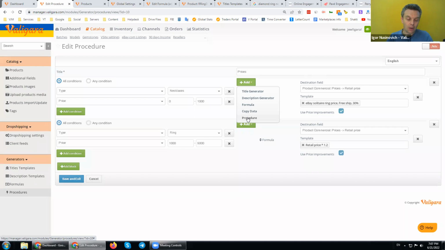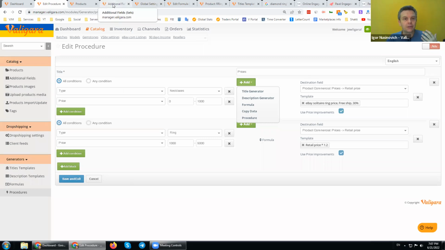Okay. Now, last but not least, we spoke about additional fields, and again, the foundation of all the product information management. Now we see how we can generate an endless amount of inventory, of product information, so we can distribute it to different places. But to be able to do this, I just want to make sure that on the additional fields level, we understand how we work more effectively by generating the data.